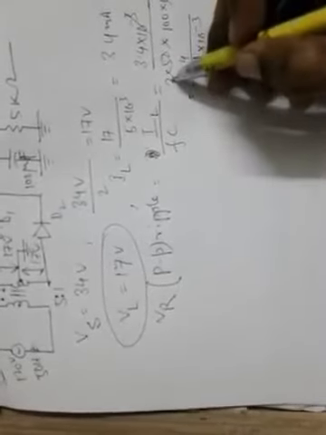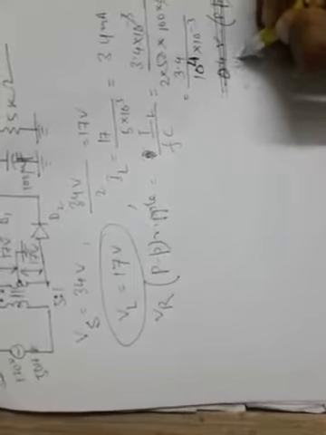It was a mistake. This was 10 to the power 4 actually. From here it cancels out, it is 10 to the power minus 3, and 50 into 200 into 100, that is 10 to the power 4. So it is actually 3.4 divided by 10, so it is 0.34 volt peak to peak. So this is the answer.